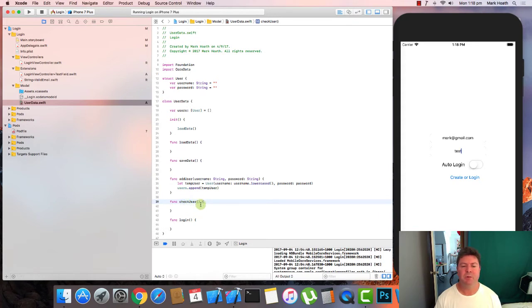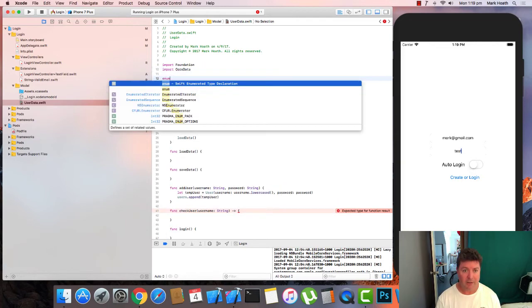Okay, so for our check user, what we want to do is find out whether or not the user is already in our database, in which case we'll try and log them in, or we'll create them as a new user with the password that's been provided. So in check user, we're just going to go username, and it will be a string, and we want to know whether this is true or not because we want to act on it. So it's going to have a return value. Now the return is going to be are they there or not. It's going to be true or false, but I'm going to use an enumerator just so I can show you how enumeration can work. So at the top of the page, I'm going to put enum